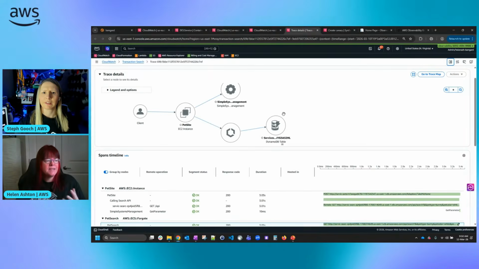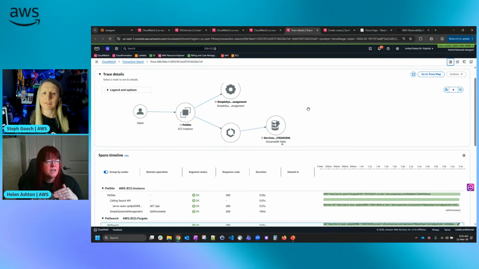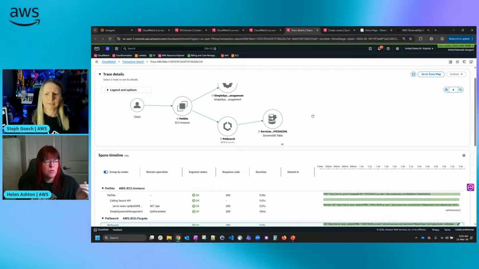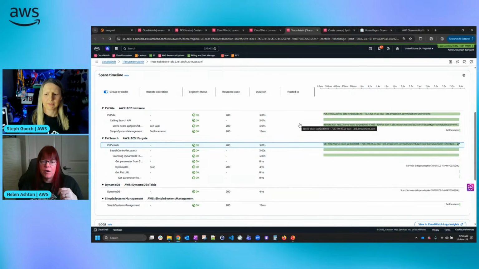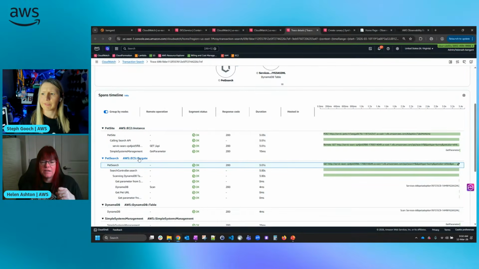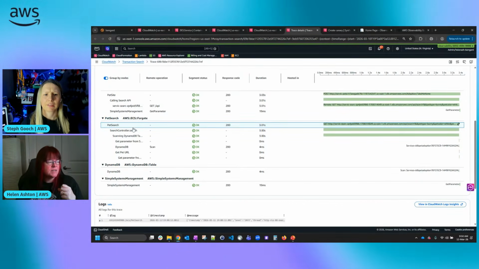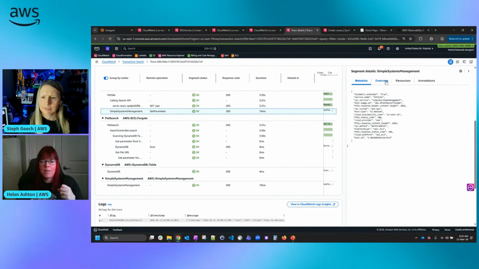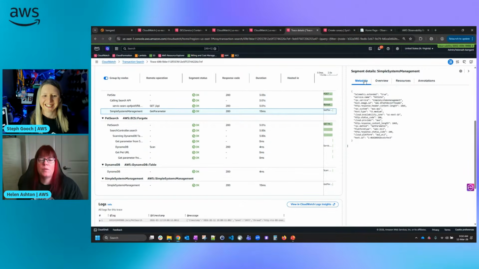And then we get different kinds of trace maps as we look even deeper. One of our key types of data is traces. And traces are cool because this is one action through my pet site, and I can see every part of the flow of this action in my trace. I can see that I started off on an application on an EC2 instance, and then I went to a service on ECS, and then I went to DynamoDB, to my database. And in each of these, there is information related to that particular part of the request. So I can get really high and I can get super deep.